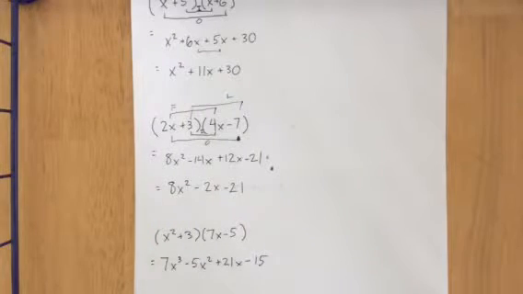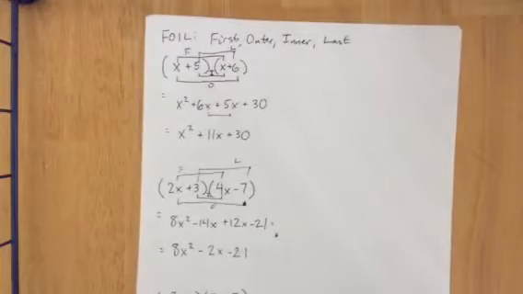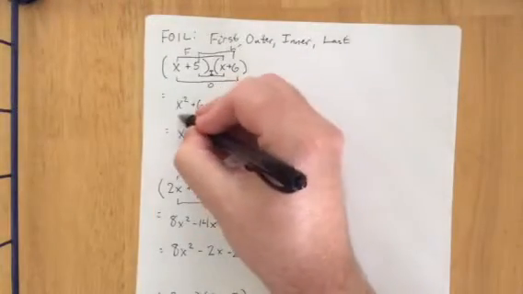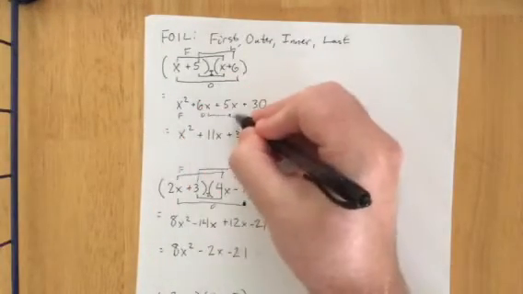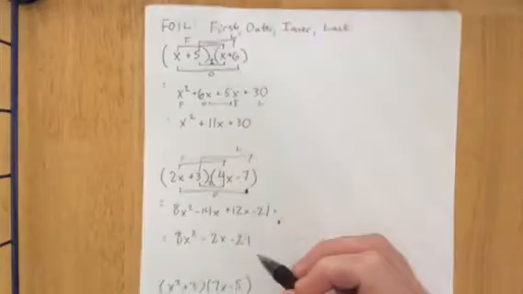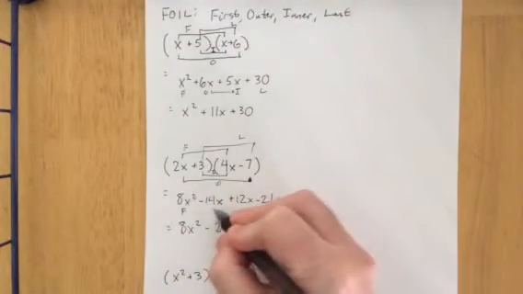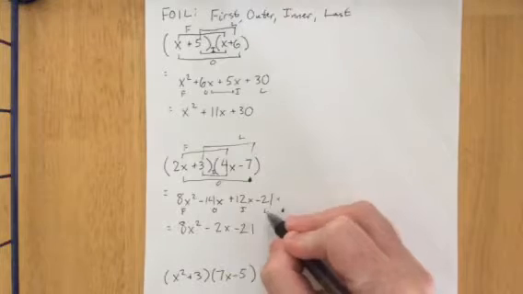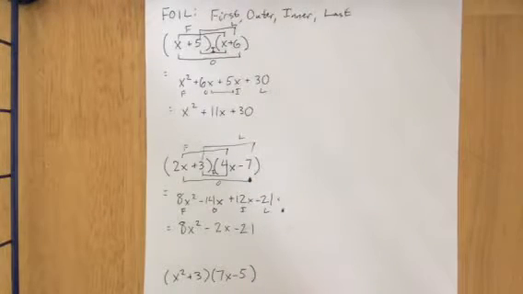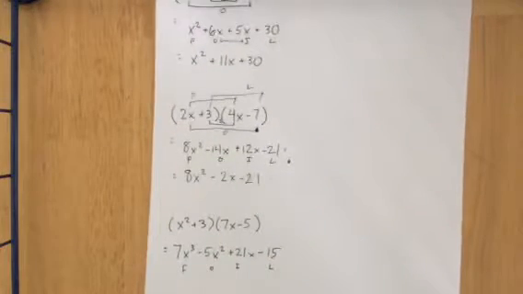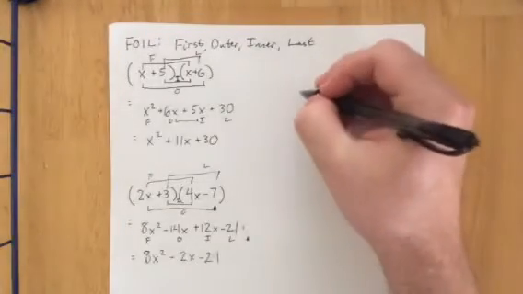Now, factoring is going through the process of reversing what we've just done. The whole basis of everything comes down to one quick observation. Up here, this was our first, outer, inner, last. Down here, first, outer, inner, last. Down here, first, outer, inner, last. The observation that we're going to make in every single one of these cases is I'm going to multiply,